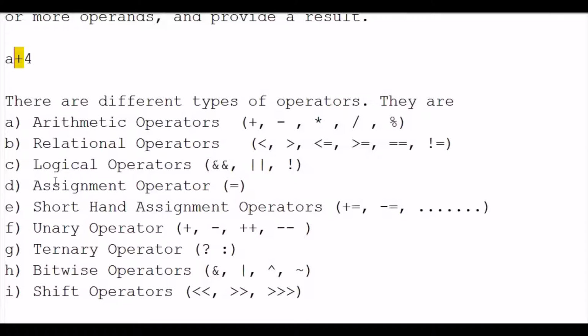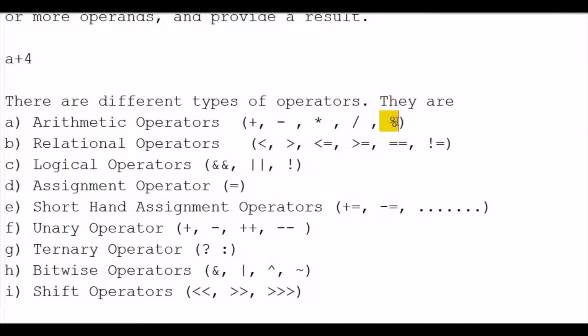Let's start with arithmetic operators. These are the arithmetic operators available. We have operators for addition, subtraction, multiplication, and these two are meant for division. The slash gives the quotient when we divide a number with the other, whereas this operator is called modulus.